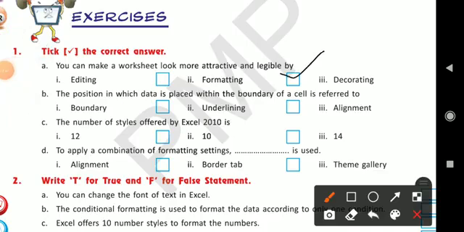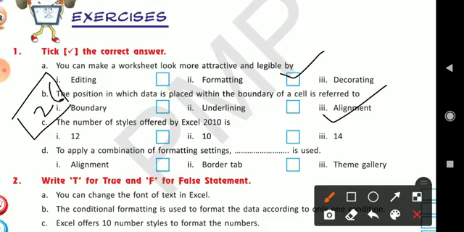The position in which data is placed within the boundary of a cell is referred to. So it is asking about the position of the text in the cell boundary. You have seen there is a cell in which you have written 26. The position of 26. So how will you get it? Through alignment. So alignment refers to the position in which data is placed within the boundary of a cell.